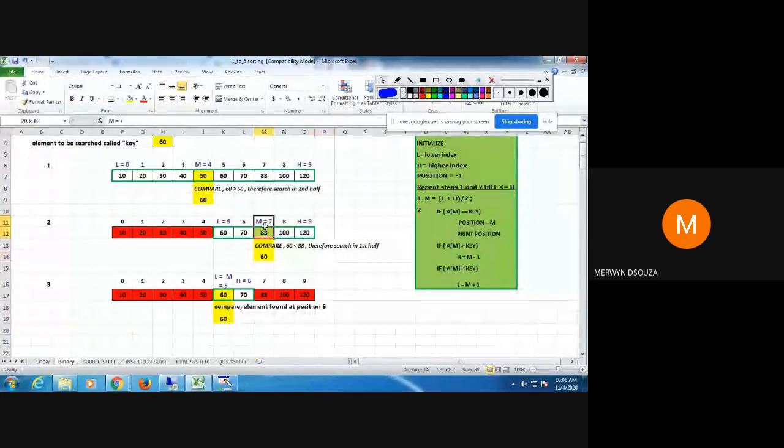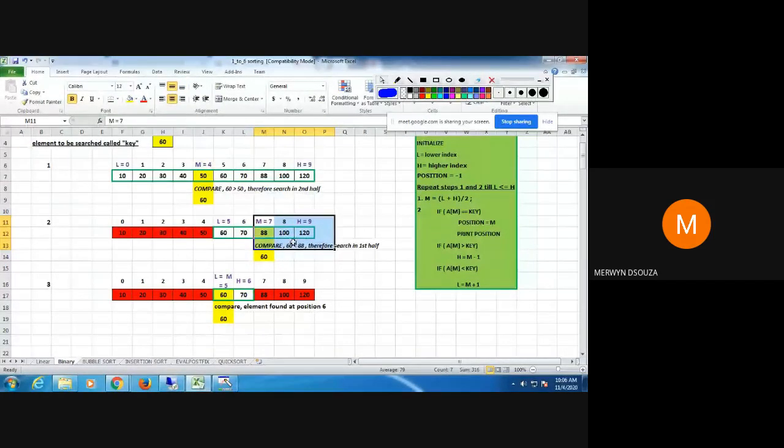If we are not going to include these three elements, we need the new search area. So in the new search area, there are only two elements left. When you have two elements, we need one L and H value. L will be the lower index and H will be the higher index. The L value has already been set here. So what we need to set is the H value. The H value we set by using this formula: H equal to m minus 1. When we set that, I will get H equal to 6 like I've shown here. So you will get L as 5, H as 6.